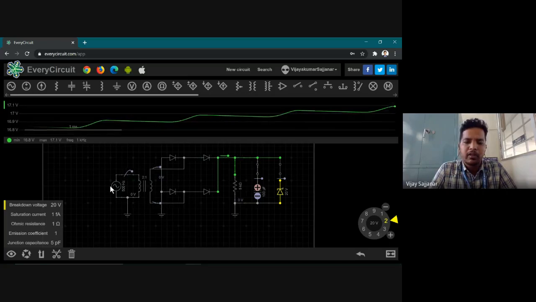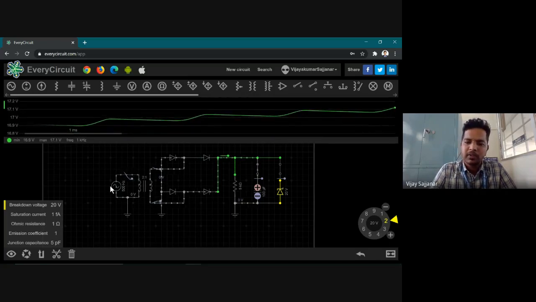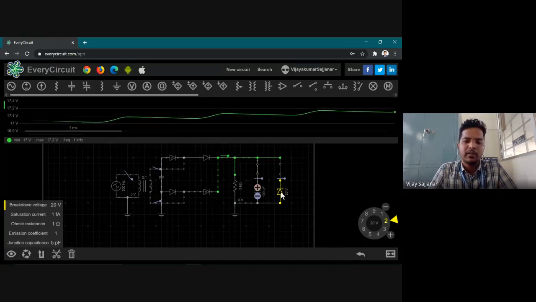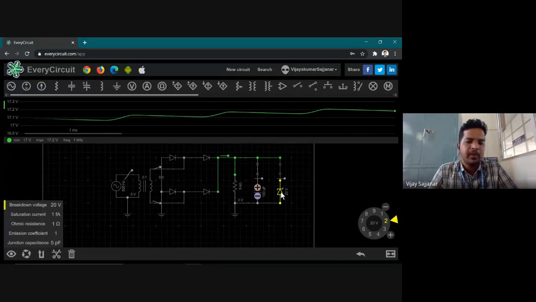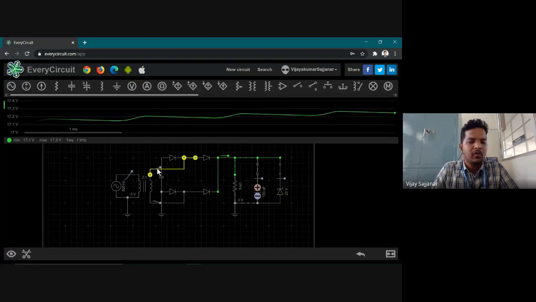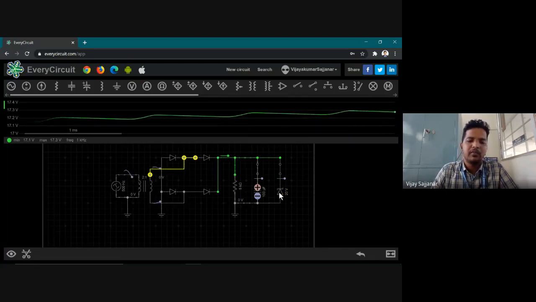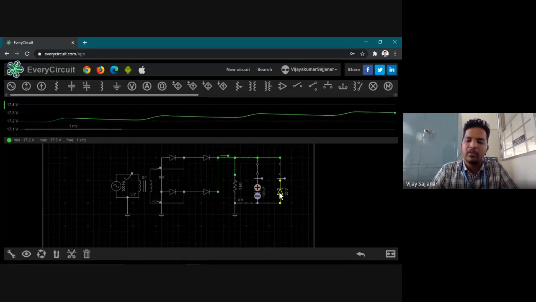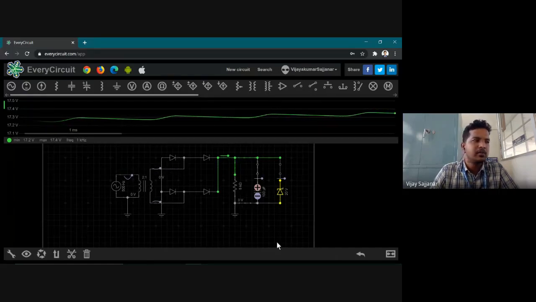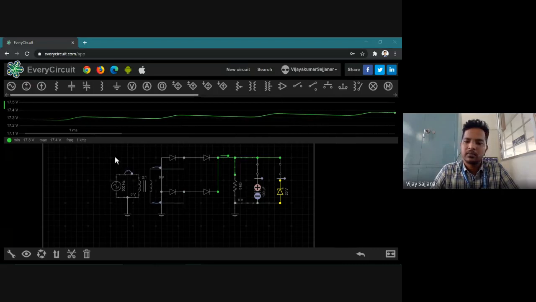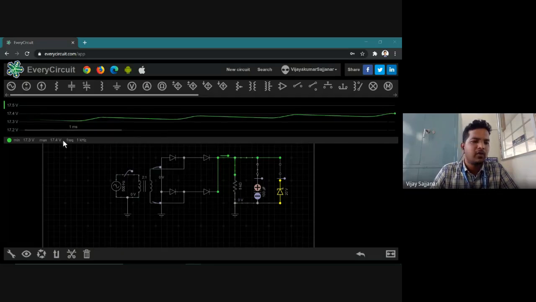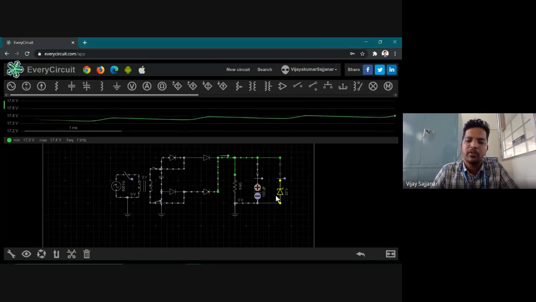Again, let's not get confused with too many concepts. We are checking whether the diode is capable of providing a voltage near to 20. If it is not capable, then also it is okay. Why? Because our supply is of 20 volts. This can get a value only near to 20 volts. If more than that, it will start clipping. Okay, so what we have is, if we try for 20 volts, it is giving a maximum of 17.4 volts.